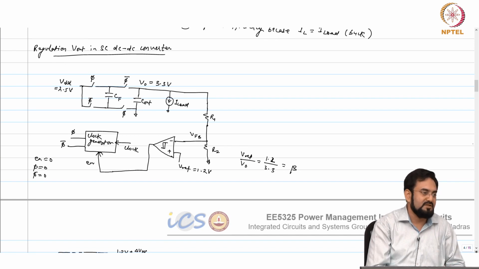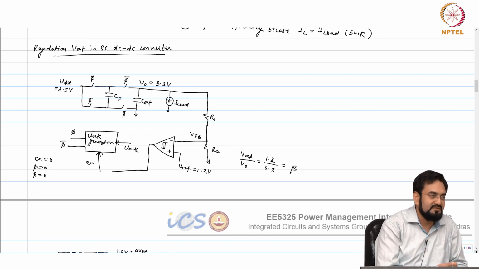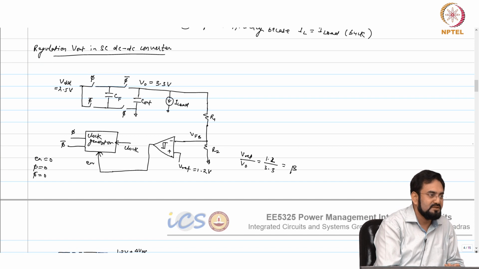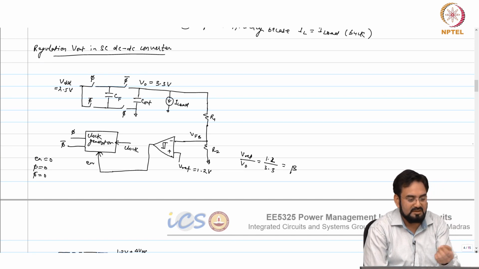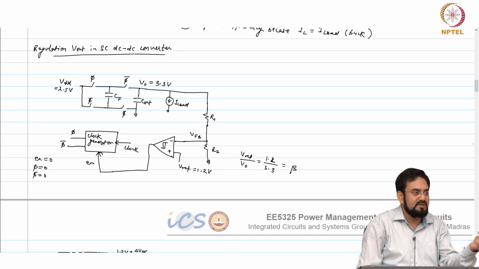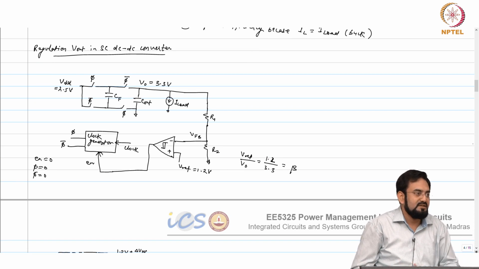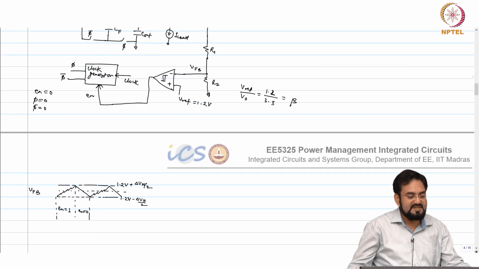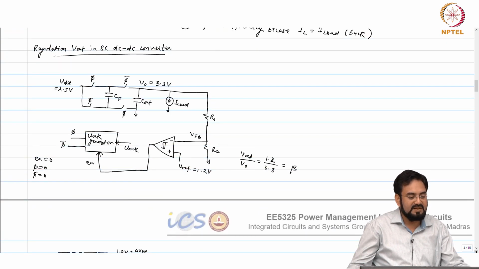There is no other option here to regulate, because it is not inductive, it has a fixed ratio. You cannot control your output with a duty cycle or anything here, it will give you only discrete options. So, this is the only way to regulate. At the cost of efficiency you can regulate the output. Your efficiency will get better and better when your regulated output is closer to 2 times VDD.